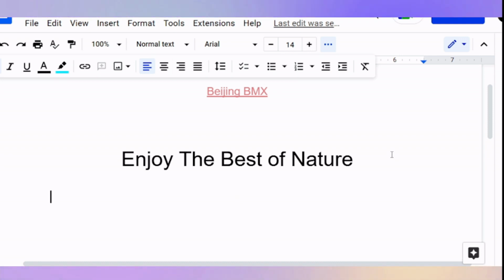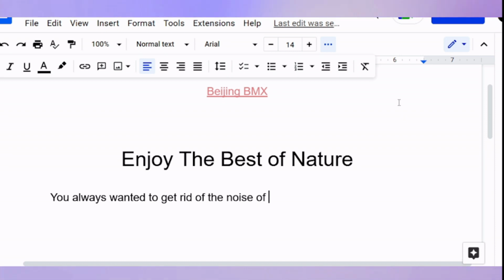So the subheadline: you always wanted to get rid of the noise of cars and factories.